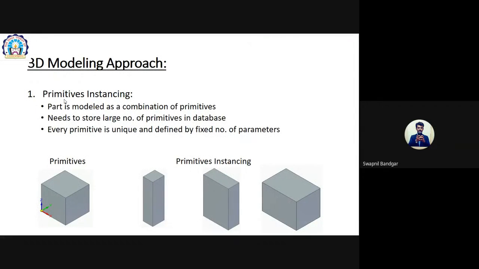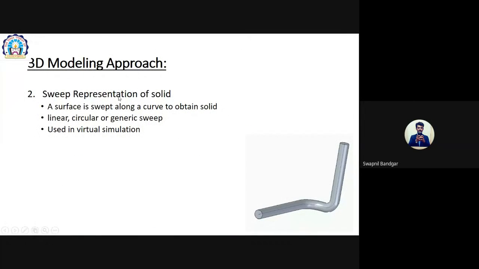For this case, if you change its length, width, height in different manner, we will get n number of primitives of the boxes. We then saw the sweep representation of the model, how the model is modeled with the sweep representation.